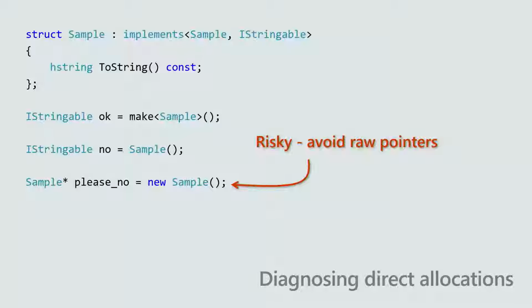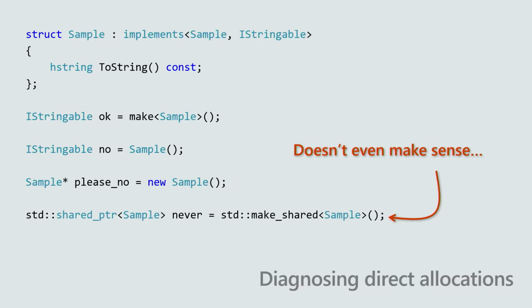Another risky approach is to use new. We'd never want to have code, application code or component code, that uses new and pointers directly. Modern C++ is all about value semantics, and you really want to get rid of all of those stars, all of those news and deletes. You should always flag them in your code reviews. So that's also a mistake. Even worse is something like this, and I've seen this quite a few times.